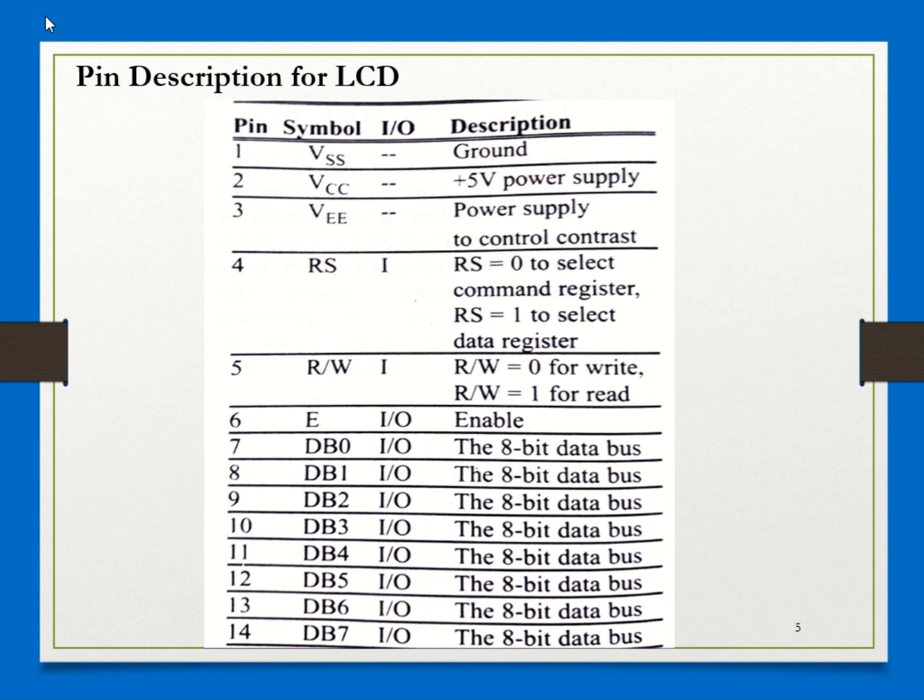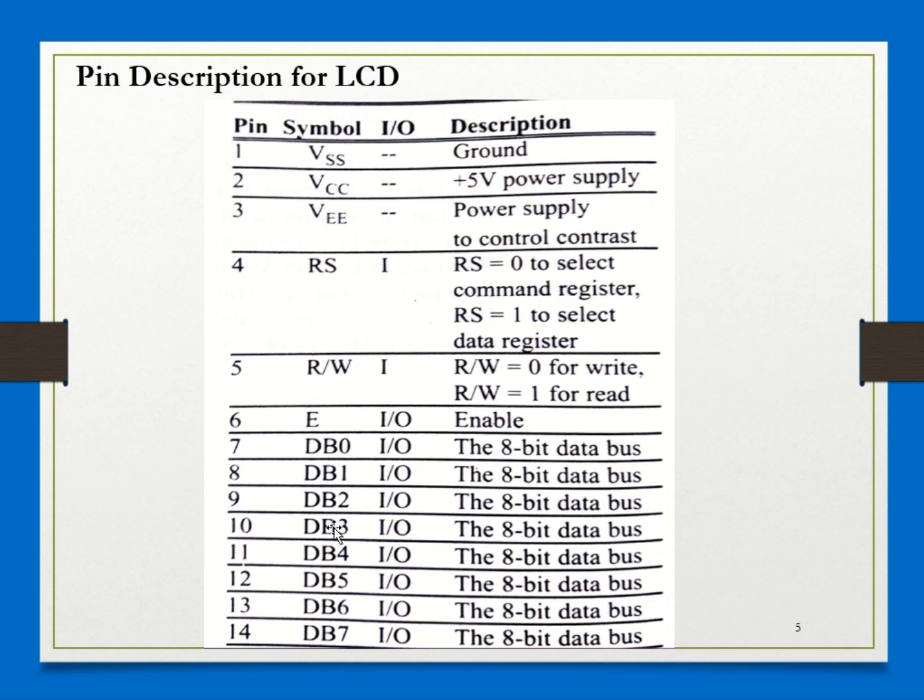That is an indication that you are enabling the LCD and enabling it to take the data. On the contrary, if you are reading some information from the LCD, then on this E pin you will send a low to high pulse. I'll repeat that in the coming slides. Just here, the introduction of the pins.